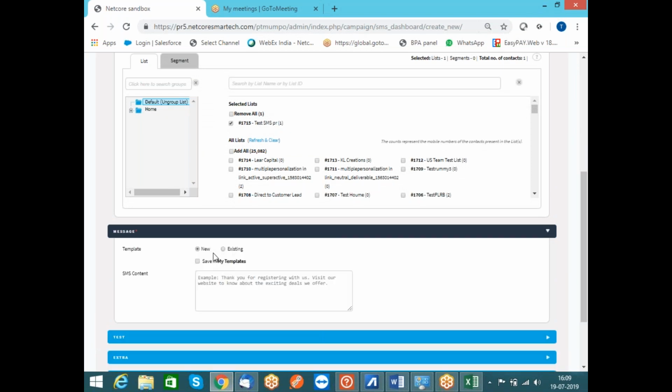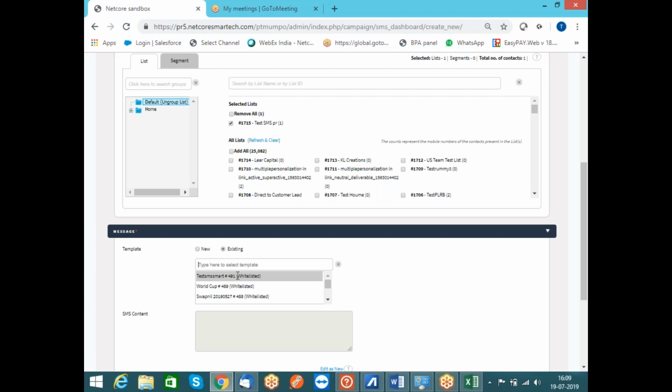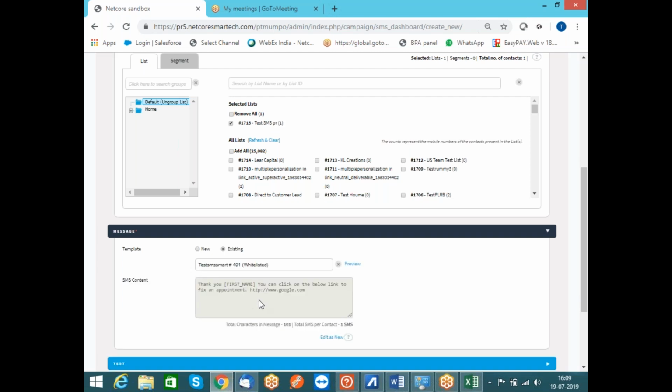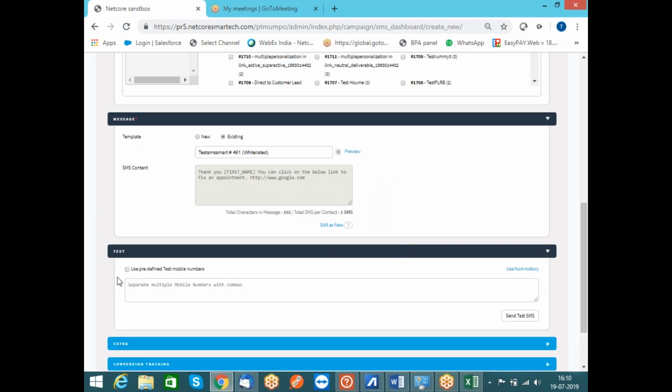And here you have an option to type your message or maybe select any existing templates. So the template that we whitelisted has been approved, and you can use it over here. You can send out a testing also for some internal IDs, internal mobile numbers basically. Once it is okay for you to proceed ahead, you can